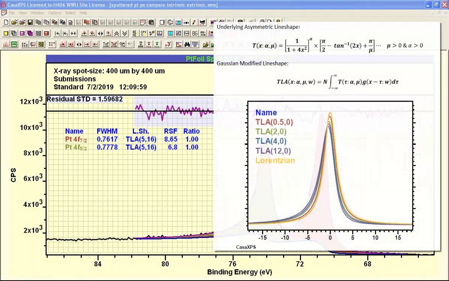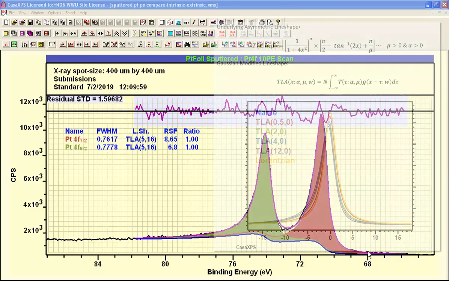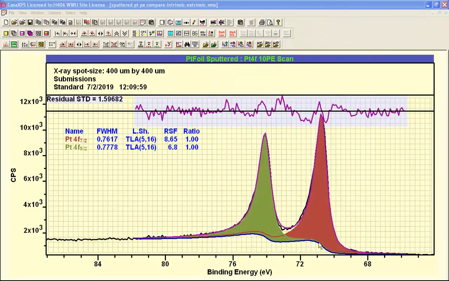In this video, we're going to look at asymmetry in photoemission peaks. The source for asymmetry is multifactorial, and one of the more significant factors in the shape of these photoemission peaks is the shape of the inelastically scattered background that is associated with the photoemission process. So this blue line represents the inelastically scattered background that has to be subtracted from the photoemission peaks so that